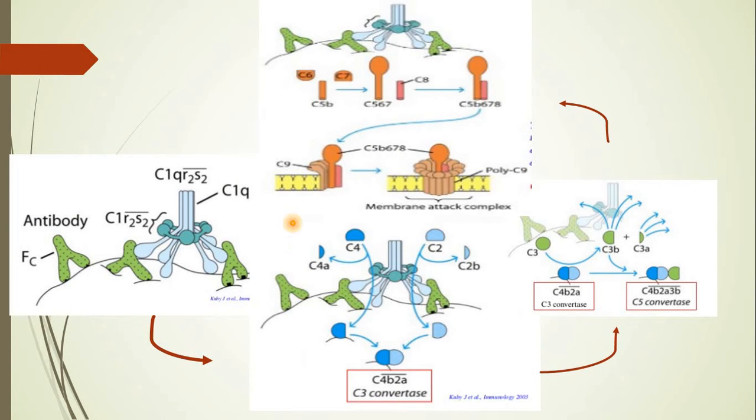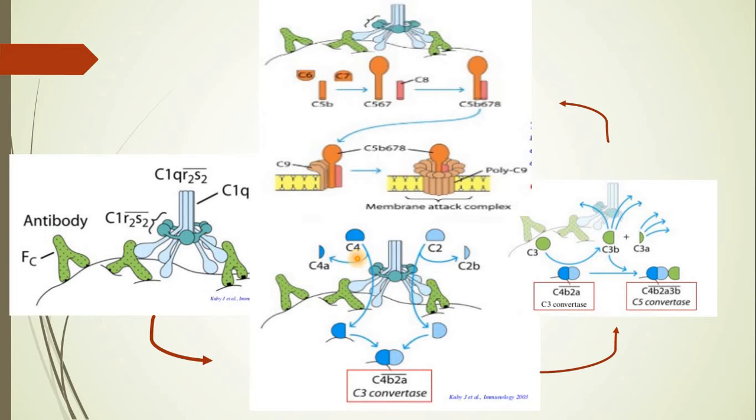Now let us see the process. Once the C1 is bound with IgG, now here this picture, what does it indicate? It is showing you the binding of the IgG molecule Fc region with the C1. So once the C1 is bound with IgG, it will bring about certain changes. That is, the C1q of the C1 complex will activate C1r and C1s. So activation of C1s will help in cleaving two of the complement components, that is C4 and C2.